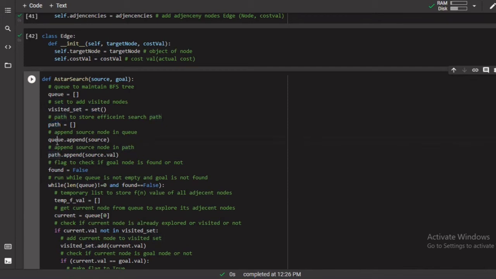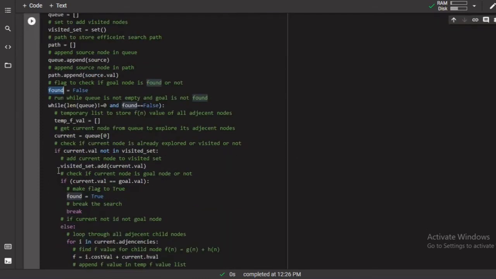Then first I'm appending the source node in the queue, and then appending the same source node value, the name of the city, into the path. And then I am using a flag named found, which will be used to check if the goal node is found or not.